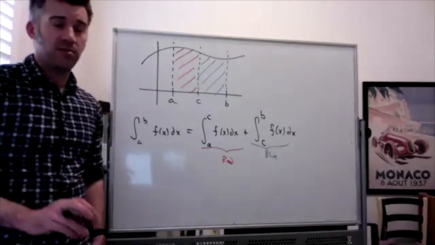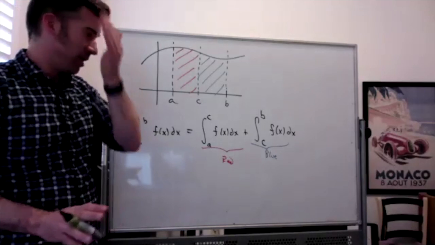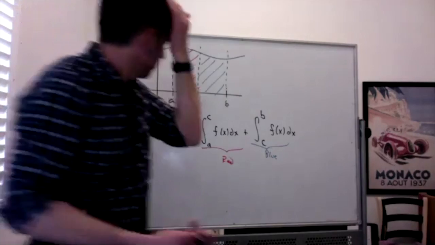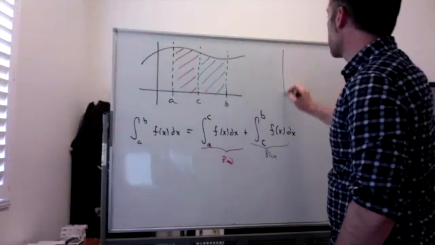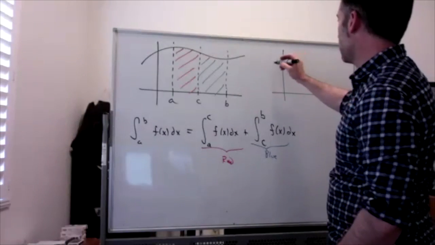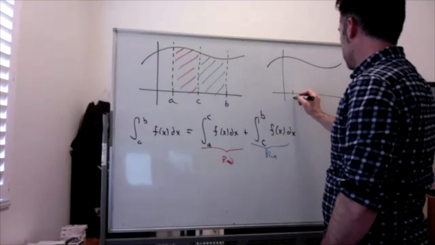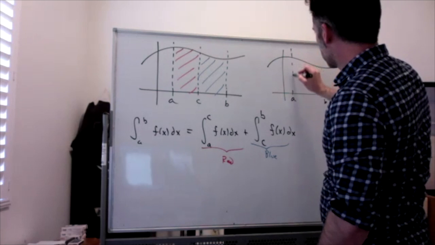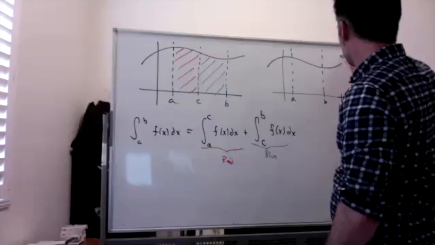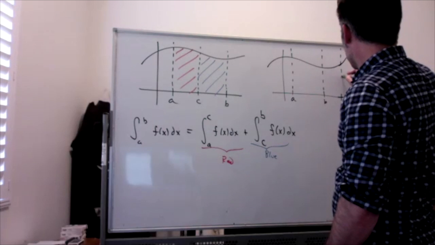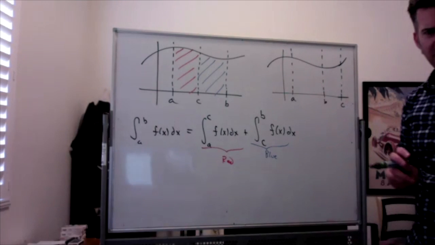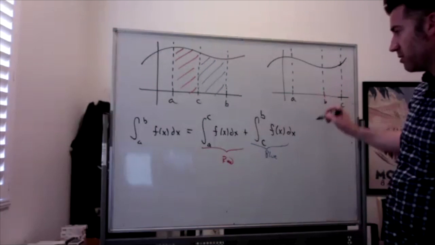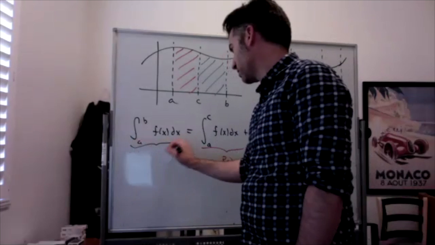Okay, now here's what I think is actually kind of the neat thing. C doesn't have to be between A and B. It also totally works if your picture is like this. So what we're saying now is that this area, let's call this the area in black,